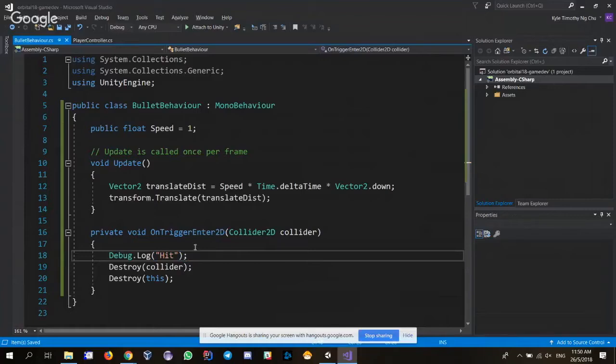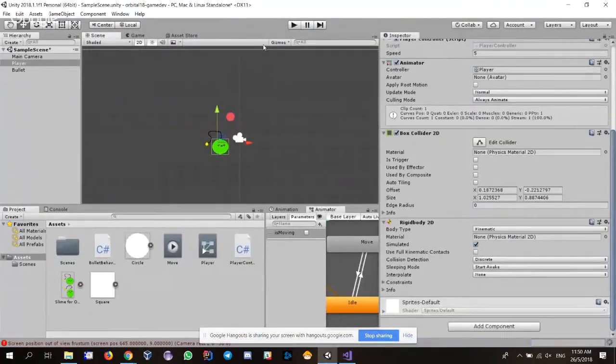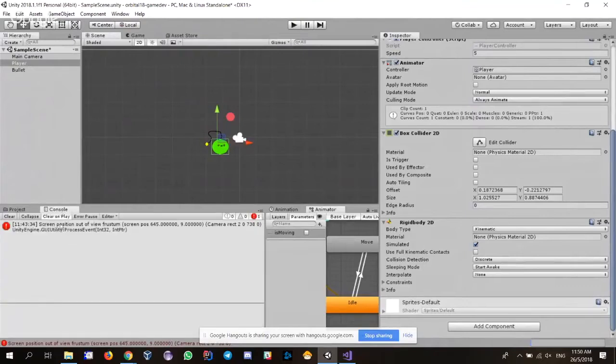Let's go test it out and see if the slime can get hit. On the bottom left, you should notice this thing called Console. This is where all your debug statements will be printed out. So when I click play,